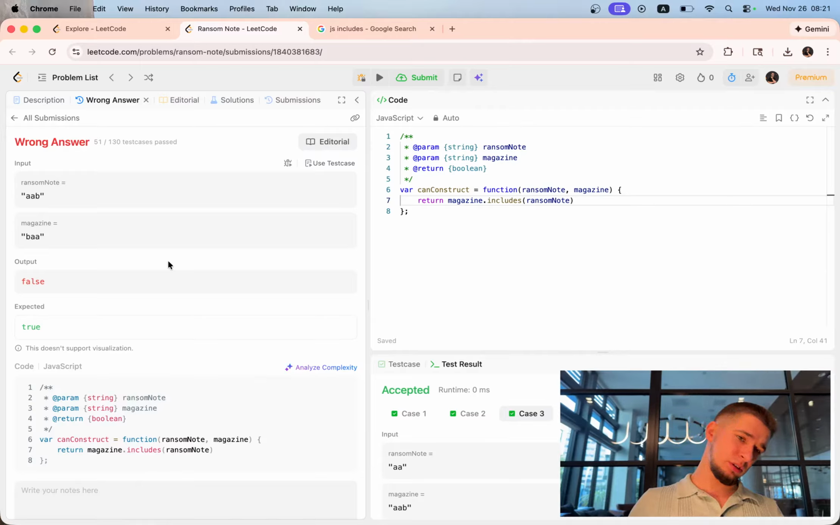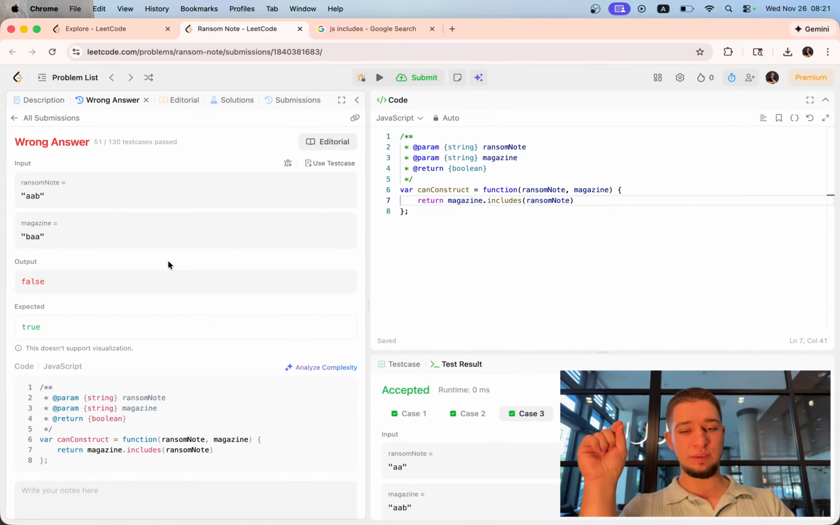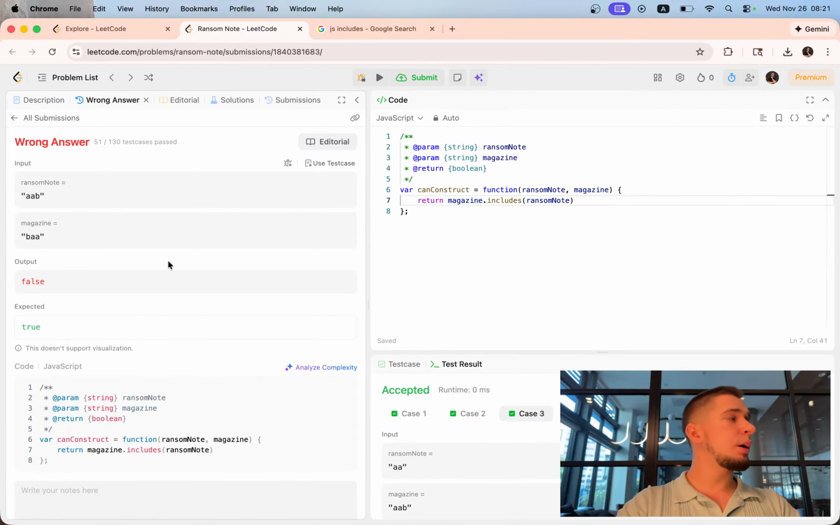Okay, in general, we can try. The problem here when we're using includes is that it doesn't matter where the numbers and letters should be. We just should compare if the specific amount of such letters are in the specific amount of the magazine. So probably